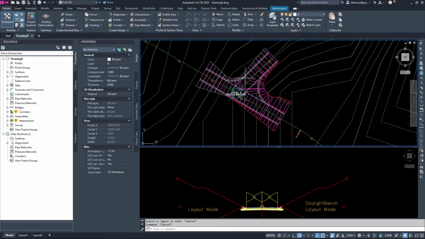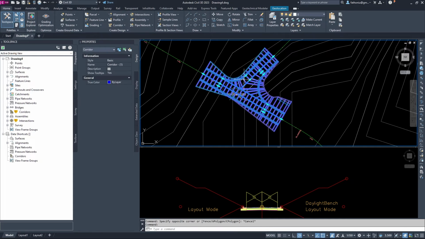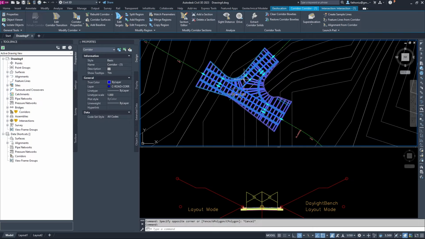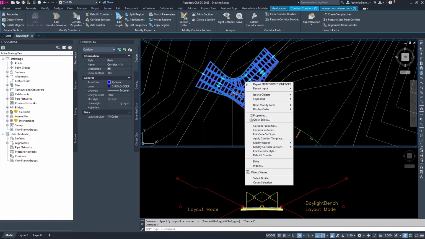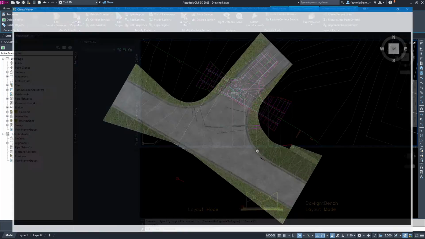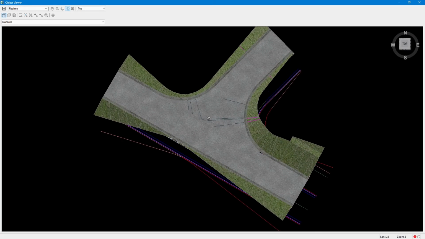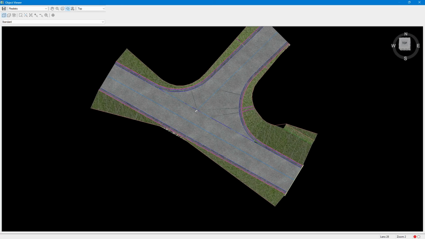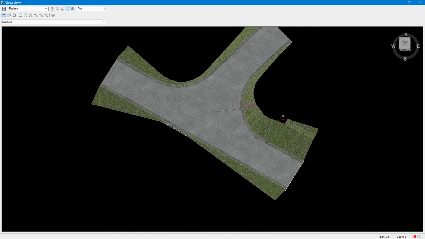Then we escape here, and then we select the corridor of the intersection, and then see the object viewer. So then we can see. I think there is still a problem here, but it is because of the frequency only.